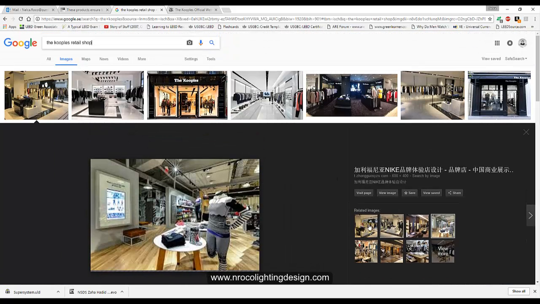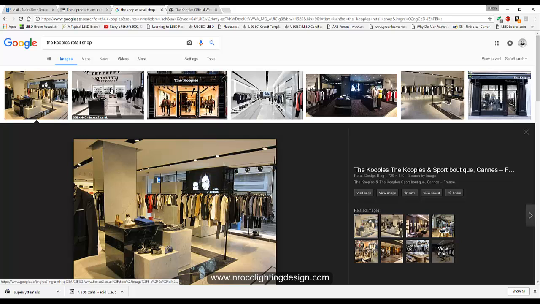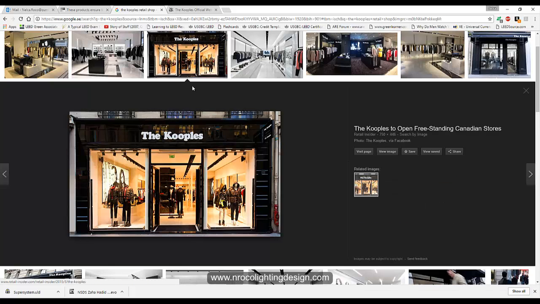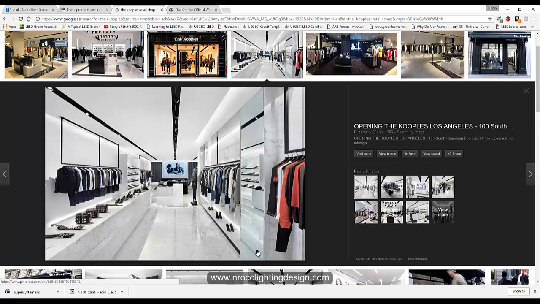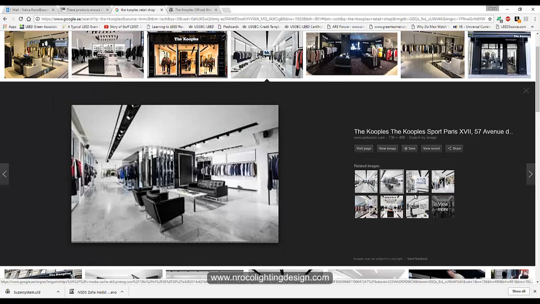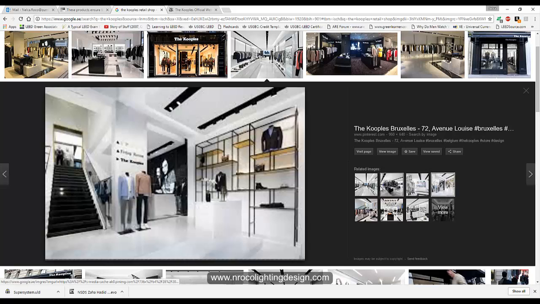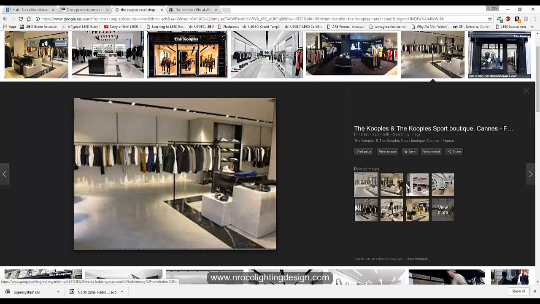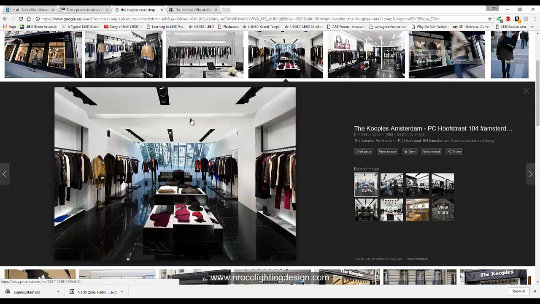So make sure that you're looking for the correct Couples retail shops. While this one is using cool daylight or cool white, this one is warm white. This one is the Couples in LA. Oh, I love it. And then after checking these images, I can understand that they have cove lights sometimes,